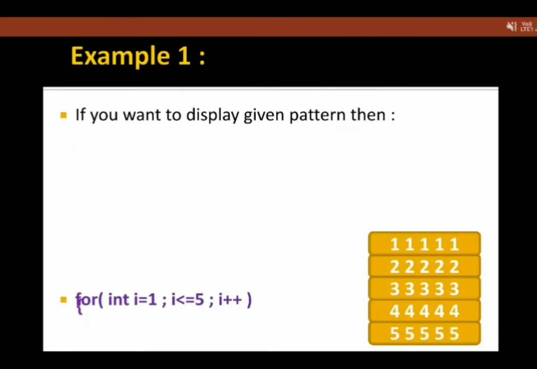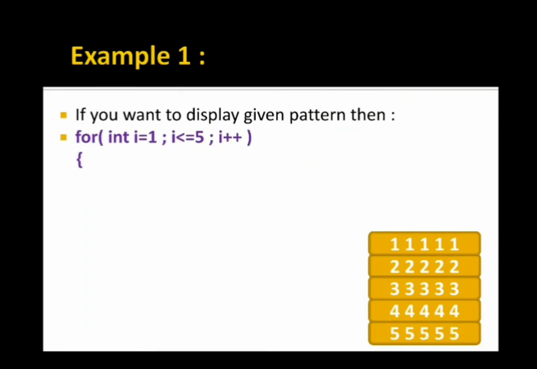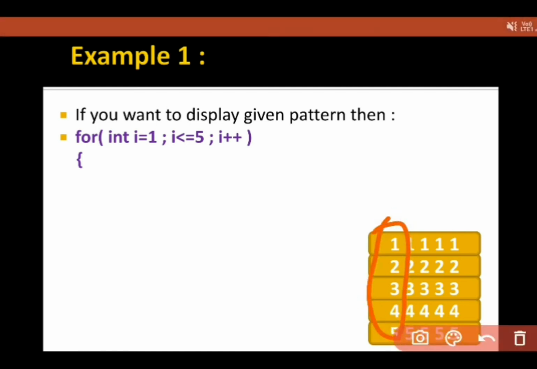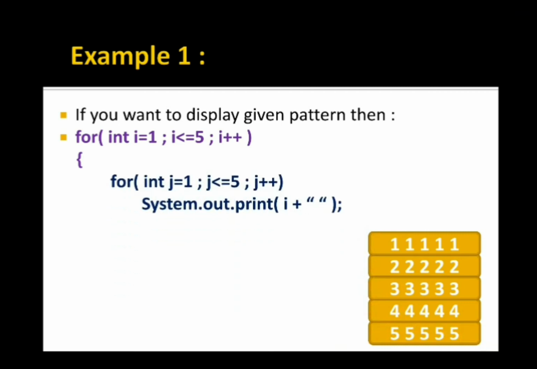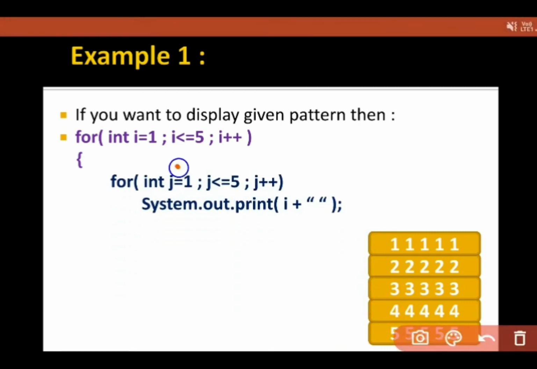Now see, I'm creating my outer loop, that is 1, 2, 3, 4, 5. I'm creating my I. Means whatever value I want to place in row, I'm keeping it. And then what? I'm creating my inner loop also. I told you till 5 times we have to count. But what I have to display, that is I. Whatever I is storing, in that moment I want to display my I.